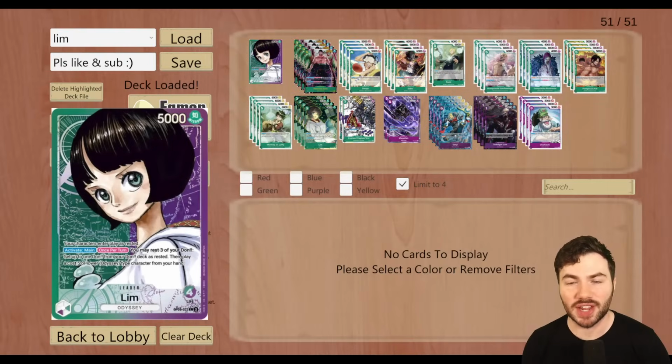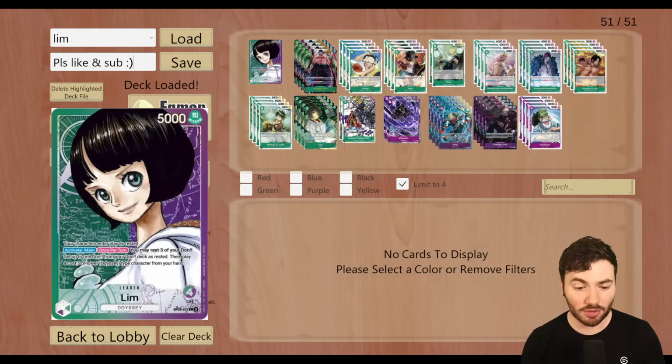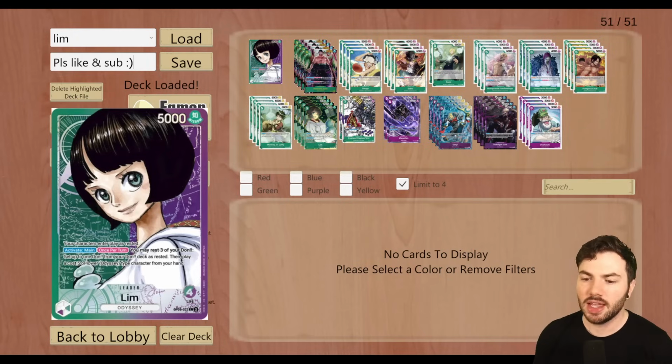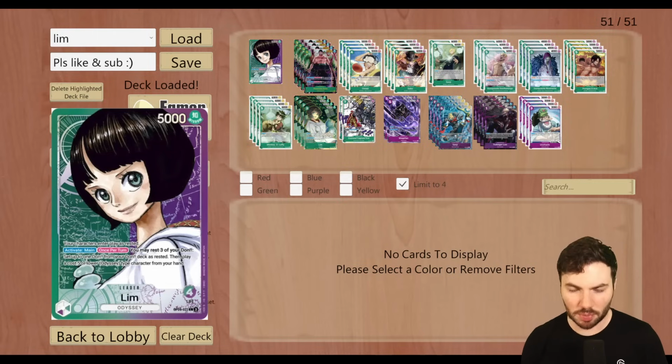Welcome in, I'm Artress, and in this video we're going to be talking about Lim, an interesting new leader from OP09 that's in the colors of green and purple. It's a 4-life leader and it has the Odyssey archetype, which, if you're wondering, I've never seen this character before, where is this person from? They're from the video game series One Piece Odyssey, which came out about a year or so ago at the